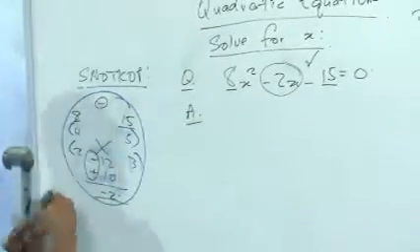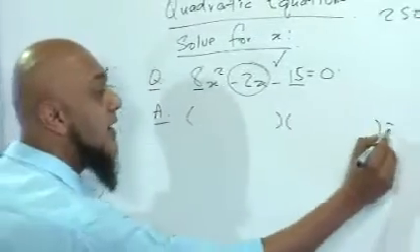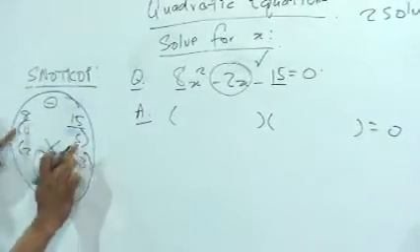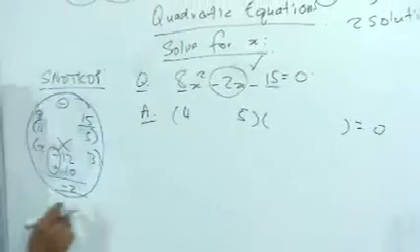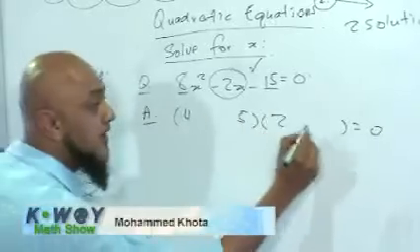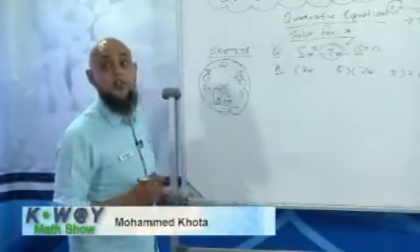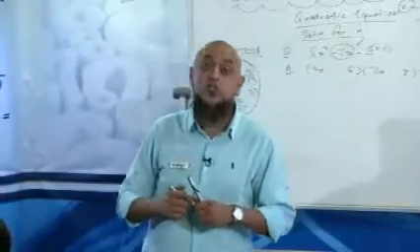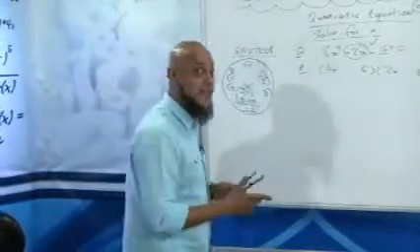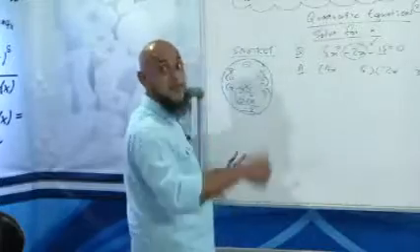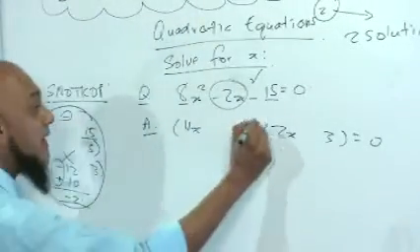So let's go. First bracket, second bracket equal to 0. What's my first bracket? 4 and 5. What's my second bracket? 2 and 3. We need x squared, so we put x and x. Now which bracket gets the positive? Which bracket gets the negative? You can't just guess and say, okay, this one will be positive, that one will be negative. No, you can't. Let's multiply these two out.